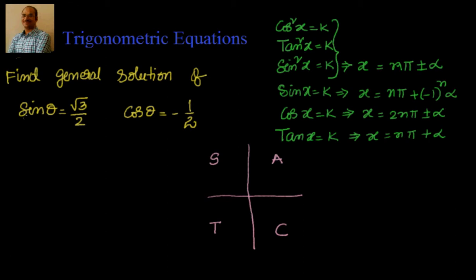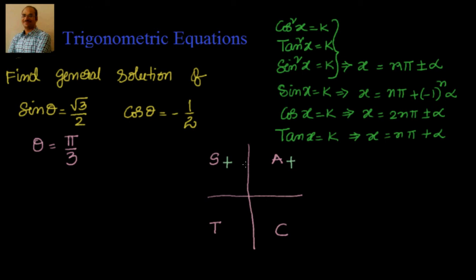Okay. Now, first, by sin theta equal to root 3 by 2, I know that theta seems to be related to 60 degrees. That is nothing but equal to pi by 3. But there is a problem. Sin is positive here and also here, so it can be any one of them. We know that cos is also positive here. That means it should be only here. So we have to consider both the conditions.